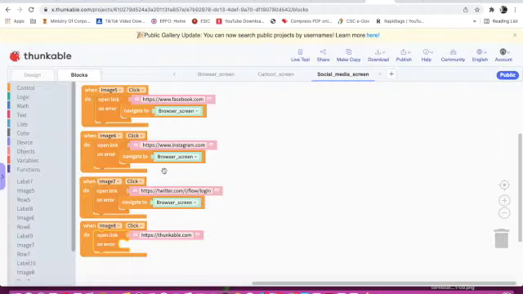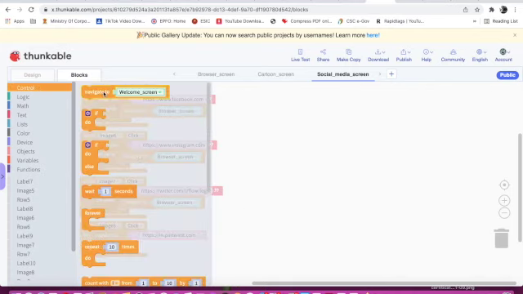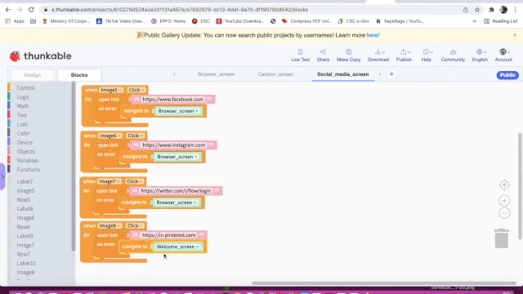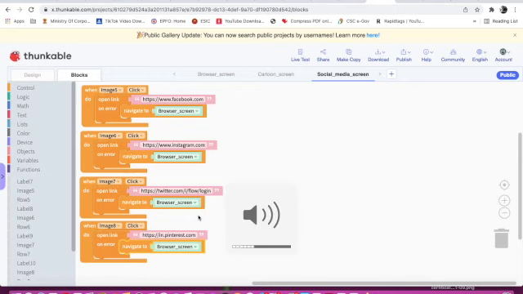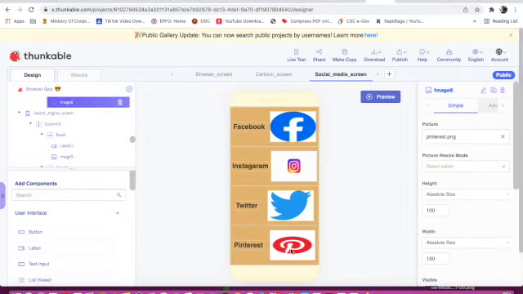And here I will paste it. Then I will delete from here. Yes, and navigate to browser screen. And navigate to browser screen. Now image 8 is done.